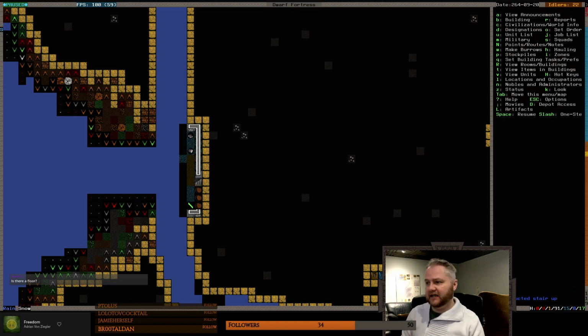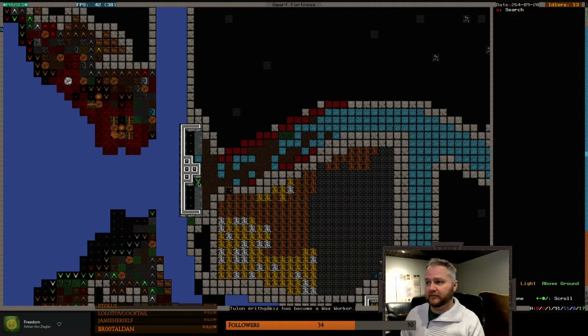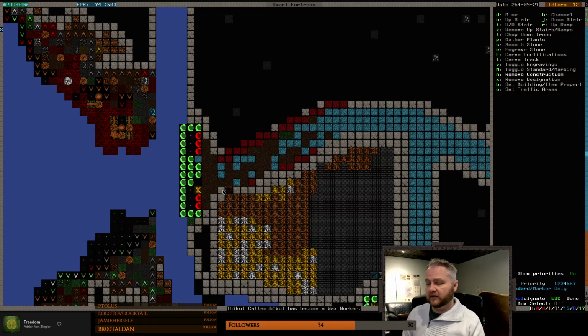There was some ice there, which I mined out. I actually mined in a down staircase, but it just disappeared. And now there appears to be nothing there whatsoever, which is kind of weird. I don't know what's going on with that. I can remove this. I mean, we'll get these guys out of here. It's just a matter of